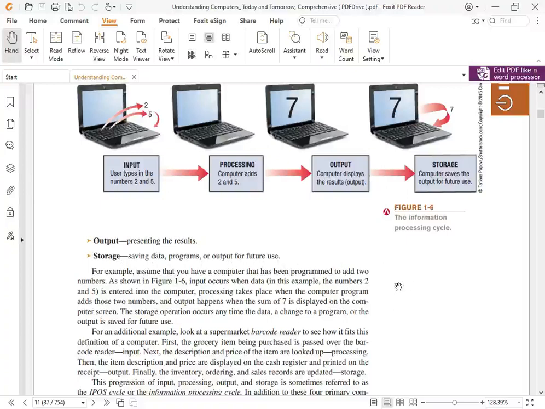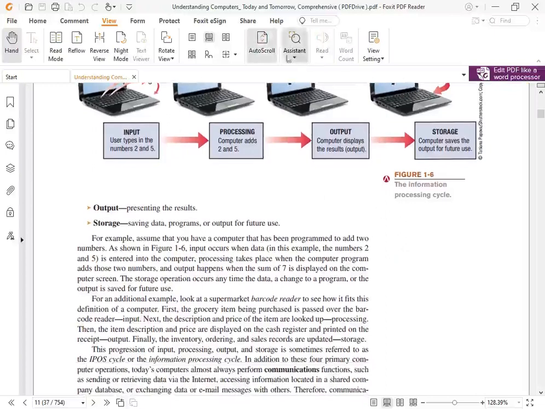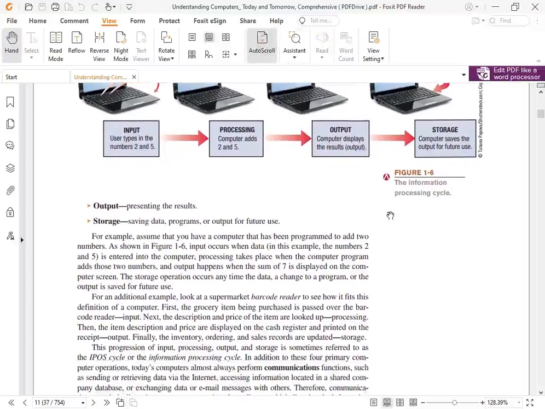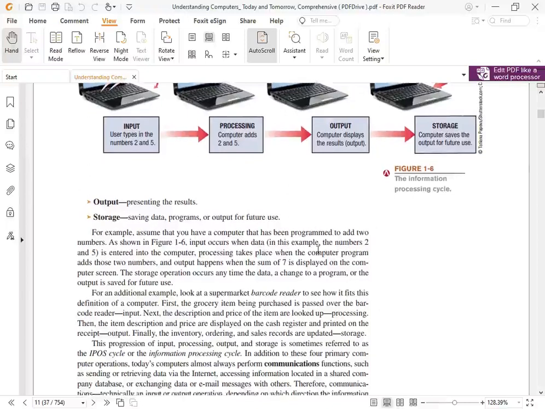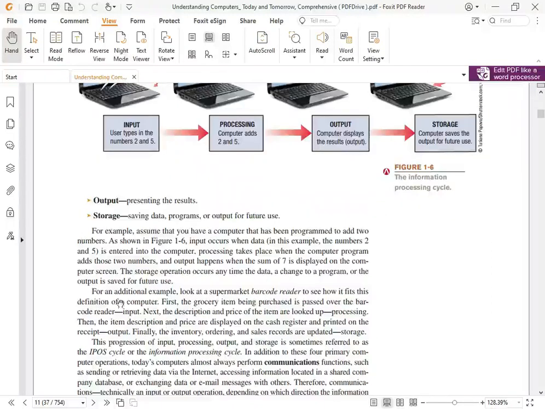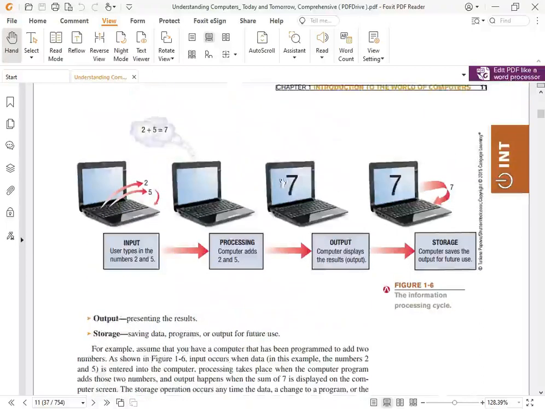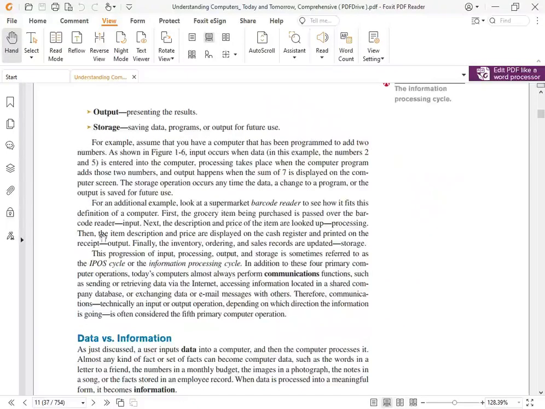For example, assume that you have a computer that has been programmed to add two numbers. As shown in Figure 1-6, input occurs when data, in this example the numbers 2 and 5, is entered into the computer. Processing takes place when the computer program adds those two numbers, and output happens when the sum of 7 is displayed on the computer screen. The storage operation occurs any time the data, a change to a program, or the output is saved for future